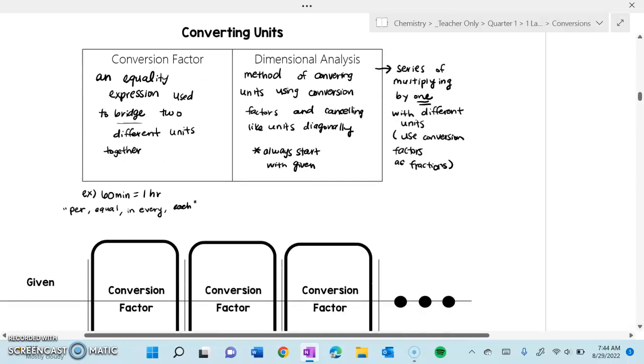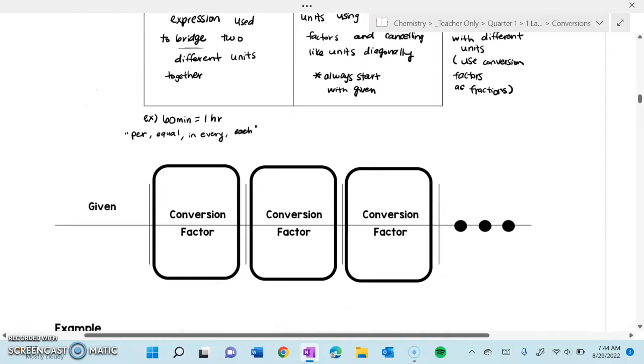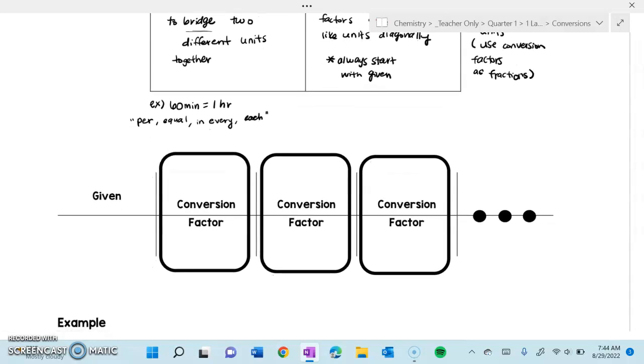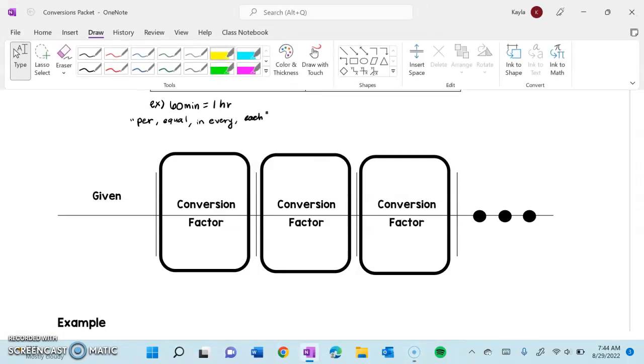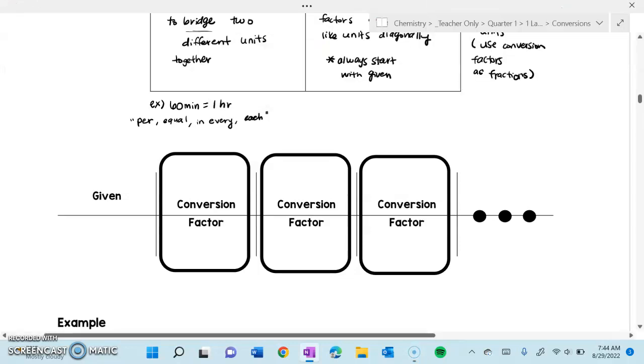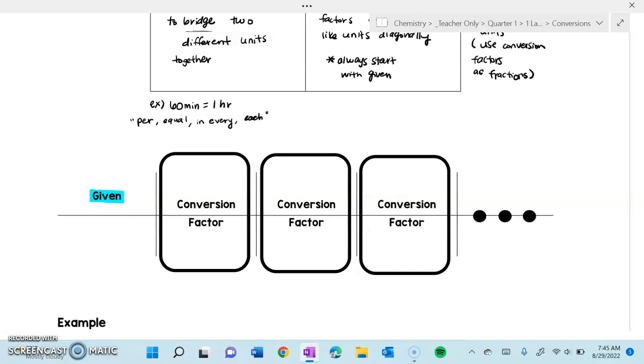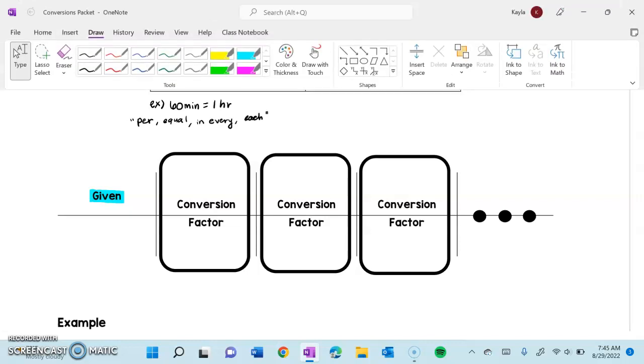Okay, so let's take a look at this canceling of diagonal units. If you have highlighters or colored pens, go ahead and grab those out, or even crayons would work, while I pull up some colors here. So let's start color coding this diagram. Our given will have a certain unit. Let's say we want to convert from meters to feet, okay? So if our given unit is meters,